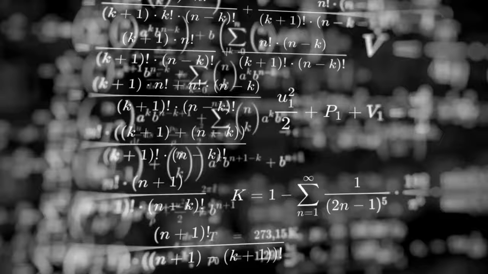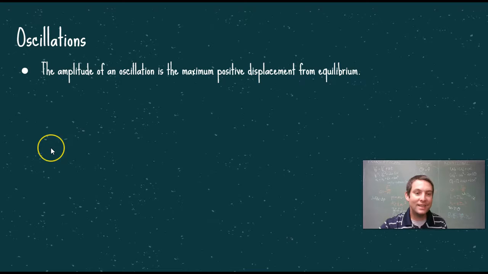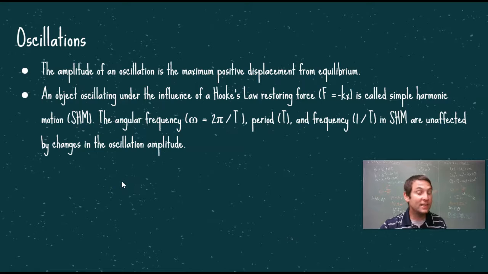Simple harmonic motion. The amplitude of an oscillation is the maximum positive displacement from equilibrium. An object oscillating under the influence of a Hooke's law restoring force, F equals negative kx, is called simple harmonic